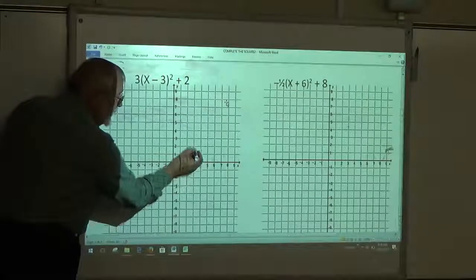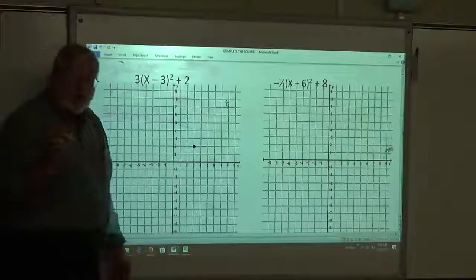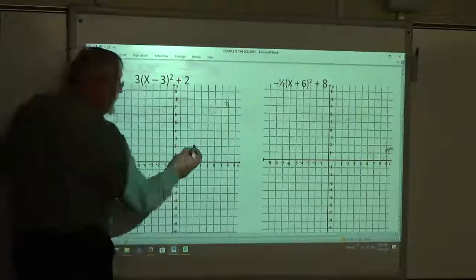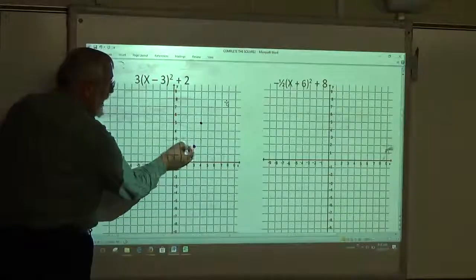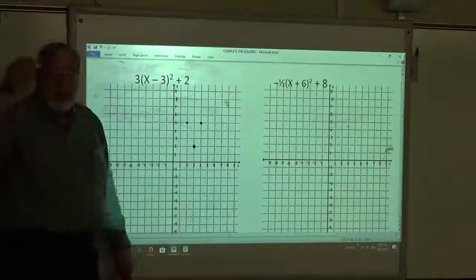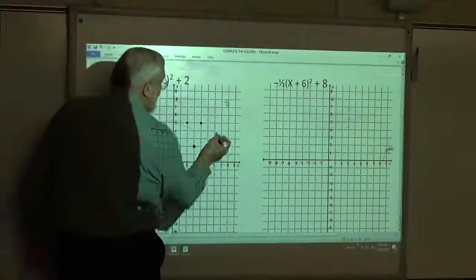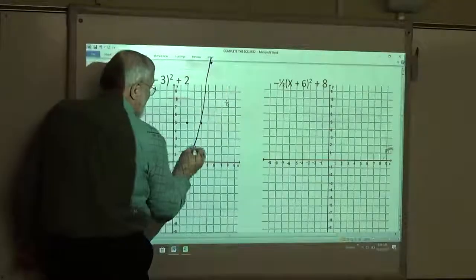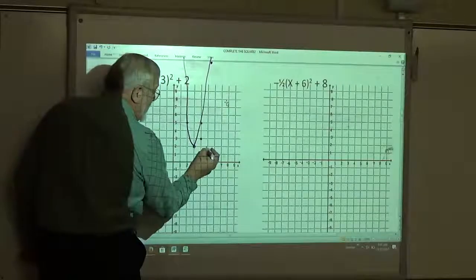Now, I have a multiplier of 3. Over 1, up 1 times 3. Over 1, up 1, 2, 3. And then back 1, up 3. Over 2, up 4 times 3. Over 2, up 12, which can be way up here. So my graph looks like this. Now, if I was doing it regular,